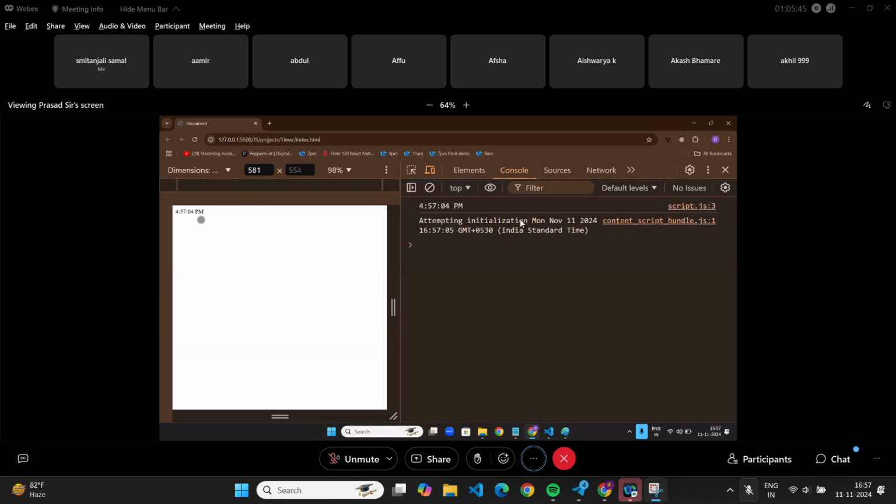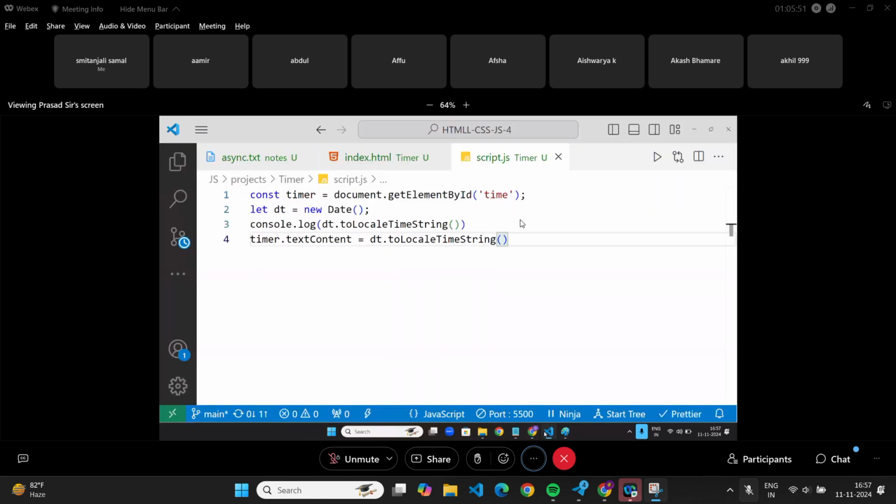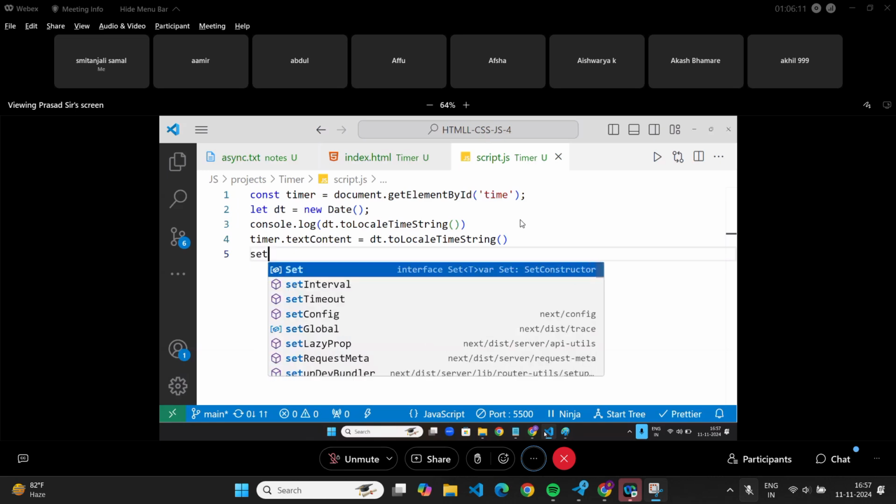But is it updating? I want this clock to work. Can anyone tell me how to do it? Very good. Logical man. Do it in an interval. If you put the same thing in an interval every 1 second, it will run and put it again. So I do setInterval.